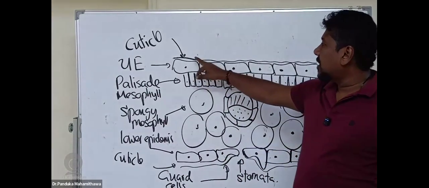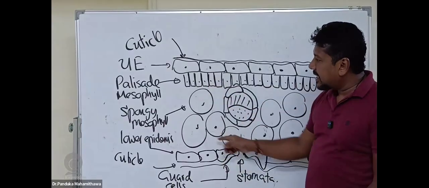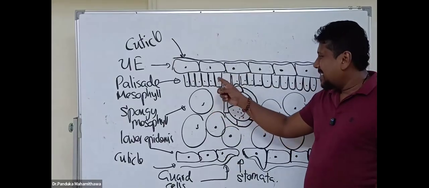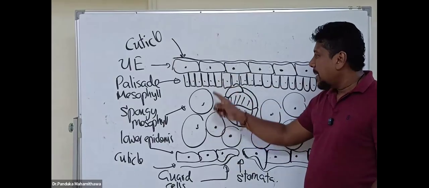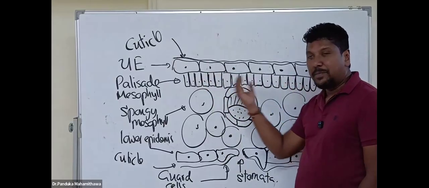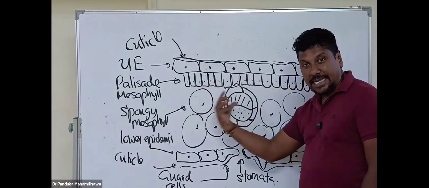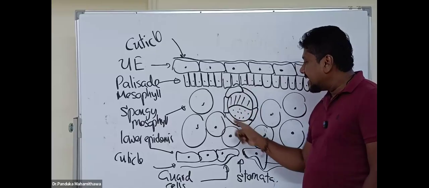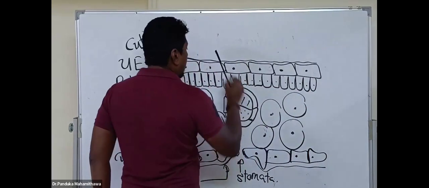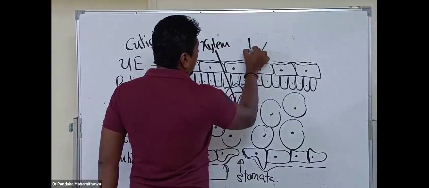So here you have the cuticle, the upper epidermis and the lower epidermis, and in between you have the mesophyll cells. There are two types of mesophyll cells, palisade mesophyll and spongy mesophyll. Palisade mesophyll cells are elongated and tightly packed. You may have one or two palisade mesophyll layers. I have drawn only one. And in the center, you have the xylem and the phloem, so you have to make the same. This is xylem, this is phloem,